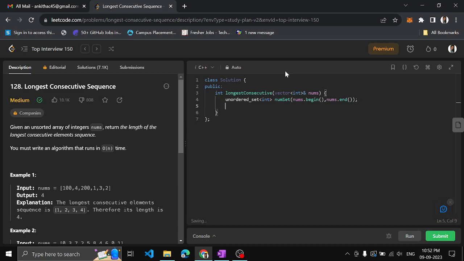That is not required. So once you add all the elements to the set, you have the unordered set. That means however the order the elements are present in the array, the same order will be in the set also. So once we are done with this, now for each number in the set, what you have to check,